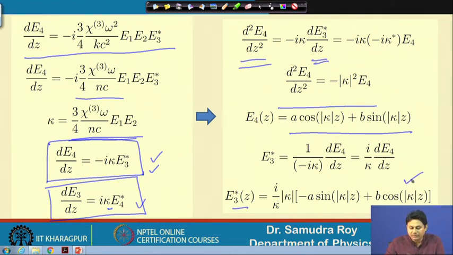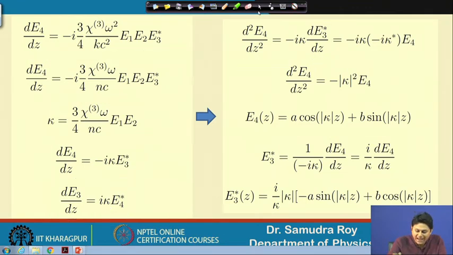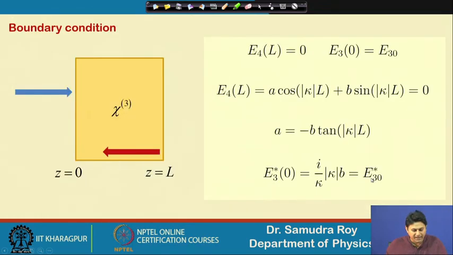I am moving a little bit fast here, because I believe this basic calculation you can do by yourself and understand easily, that this is a solution of this kind of differential equation and this is a solution of this, where the equation is given. Well, once we have these two solutions in our hand, the next thing is to find out the boundary condition. So, boundary condition is important here.